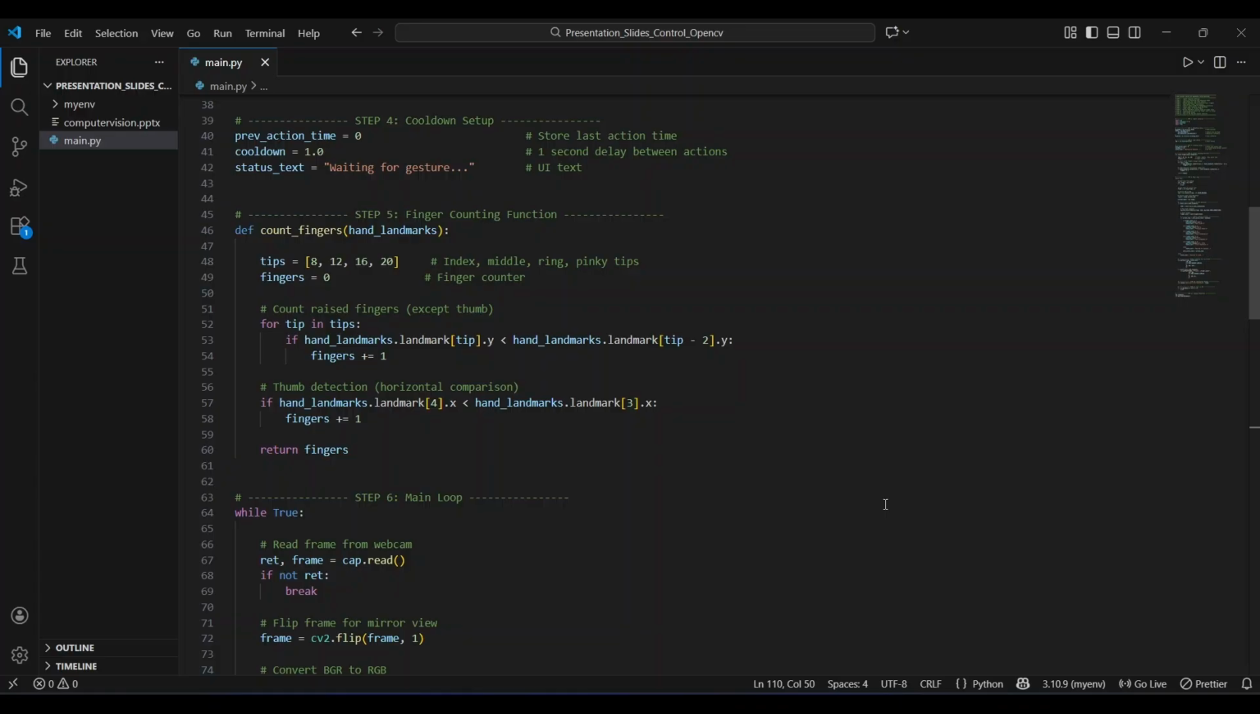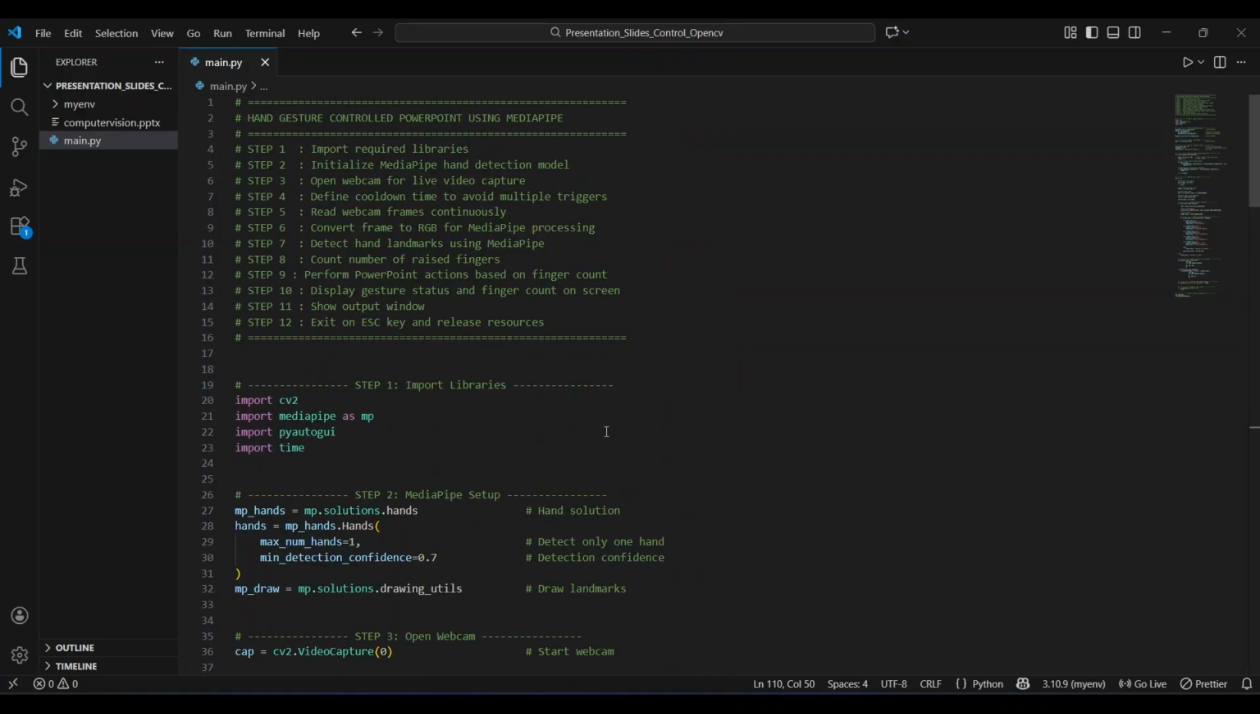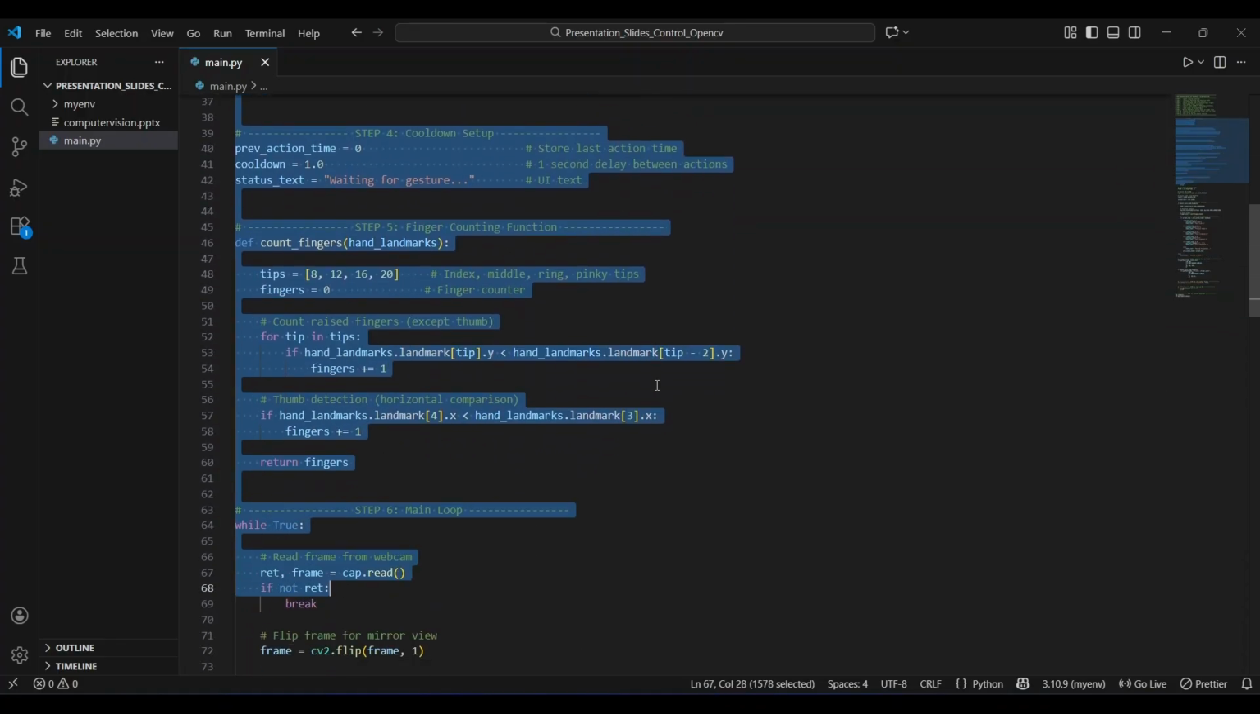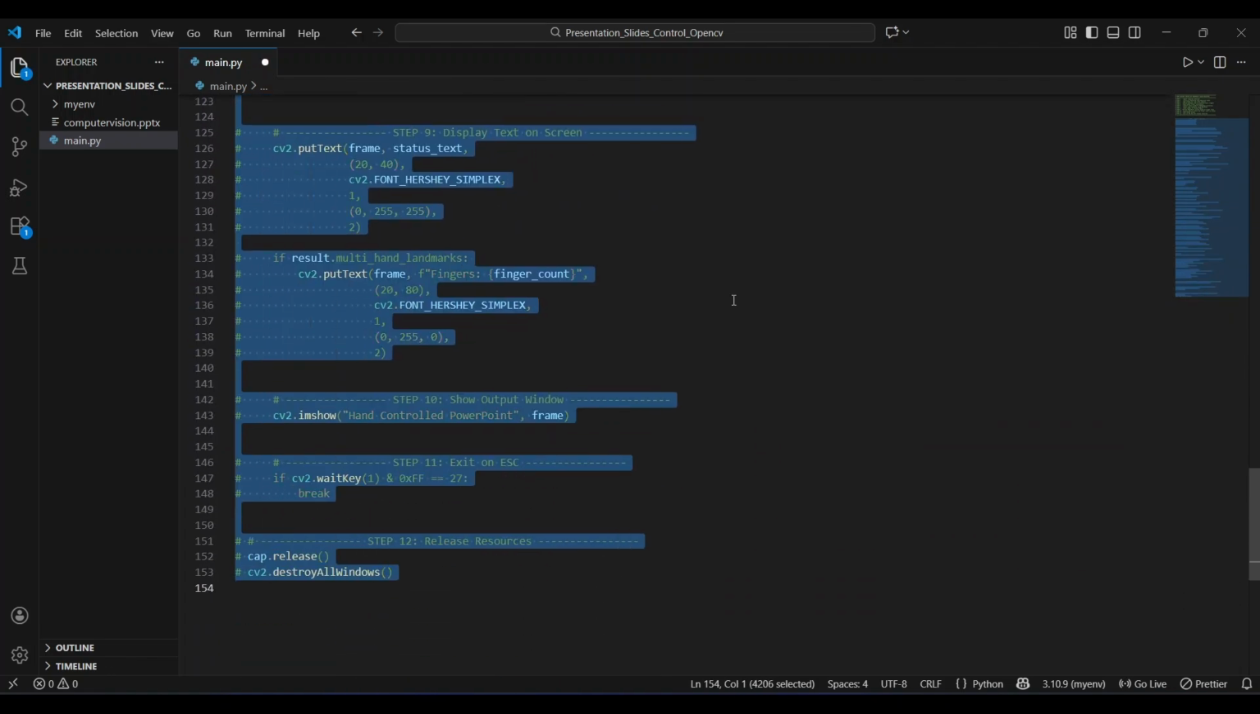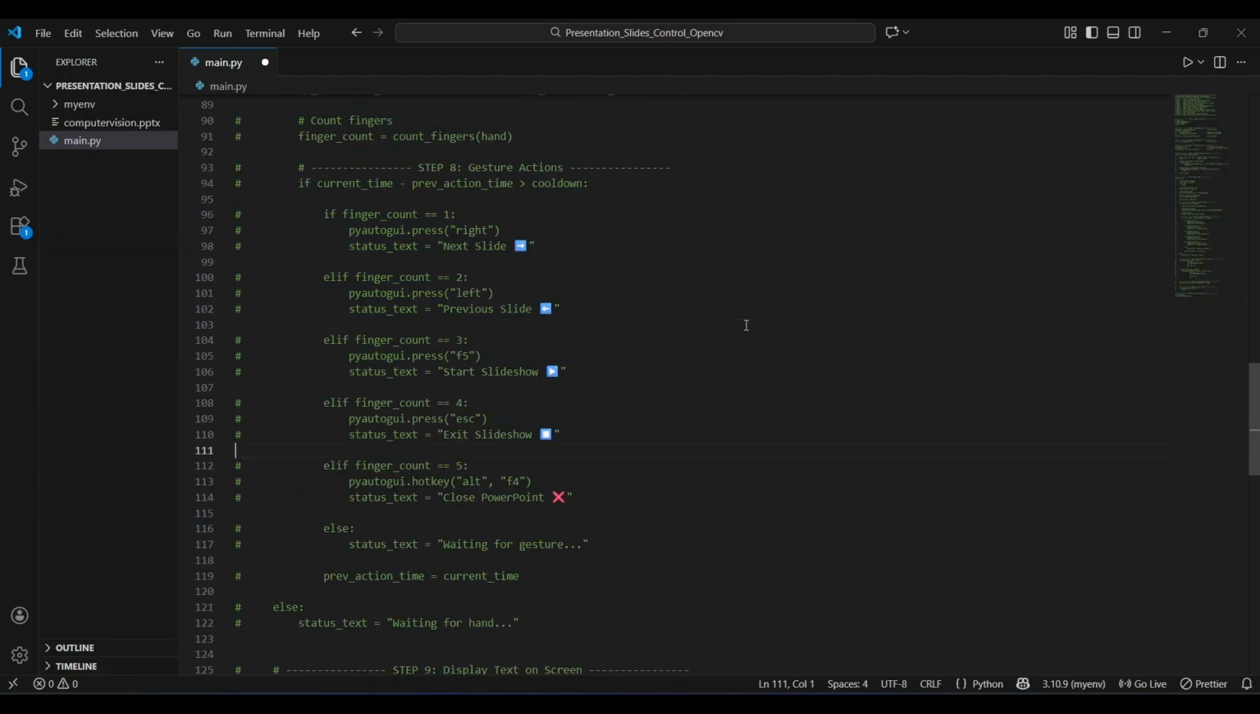Okay, so let's get started. The first step is that let me comment the whole thing, so that I can give you step-by-step instructions on what you will do first and what you will do last. So for that, first thing is that